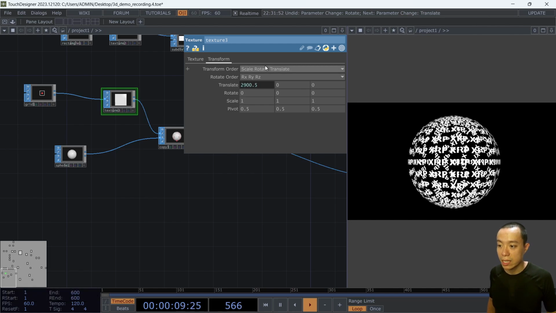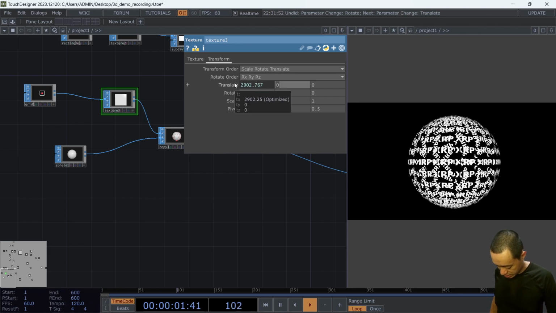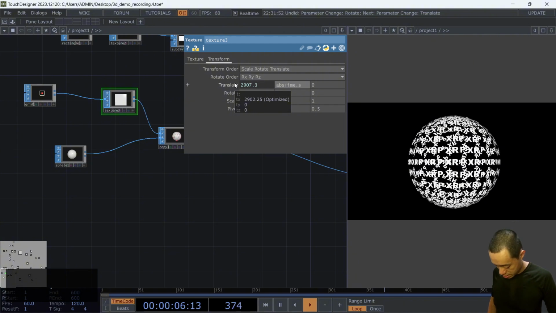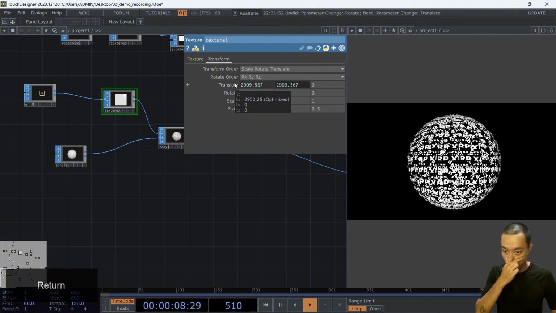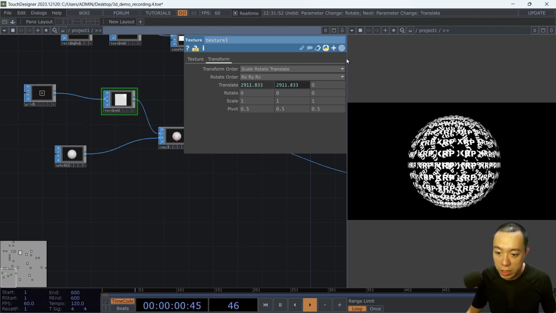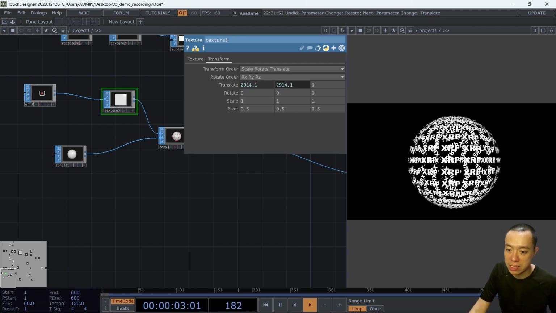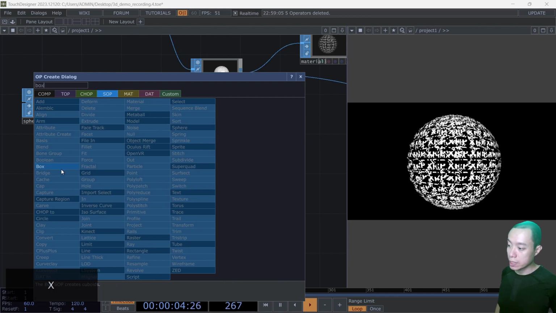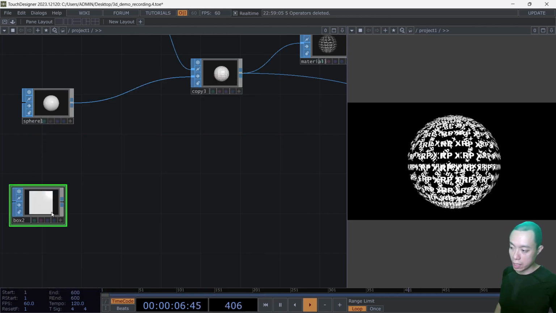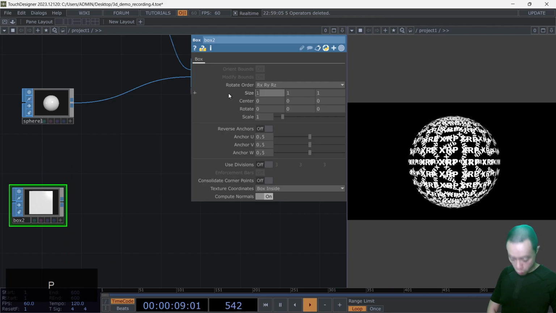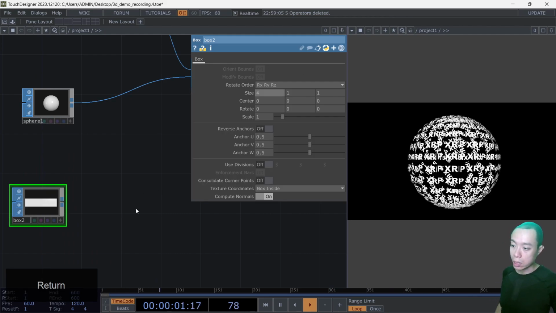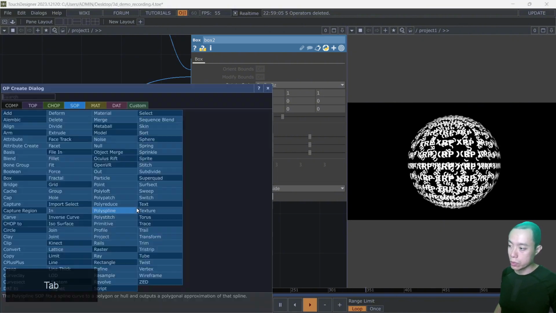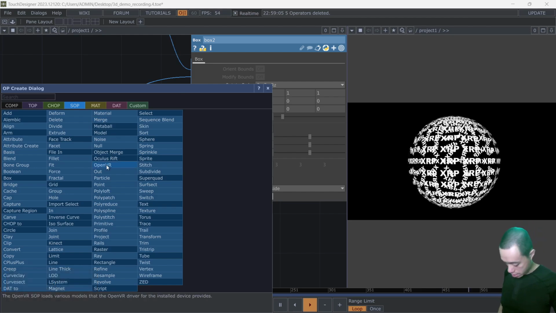All right, and maybe on the y-axis as well, absTime.seconds. Okay, so let's move around like this. Add a box. Okay, and I can increase the size of this one to 4. Okay, and then I'm going to add in another